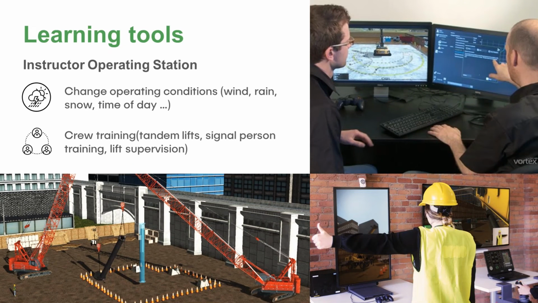Other things that we do is we have an optional instructor station, which offers a third eye view. So you'll see in the top right corner, that's the instructor station, which has the ability to fly around in stealth mode so that you can view the operations during runtime. You can also push a button and take control of somebody who can walk around the site. And you can view the way that the operators behave with somebody walking in front of them. If the bucket touches them, the simulation ends. If the bucket goes over top of them, the simulation ends. There are safety violations that you can observe at that point.